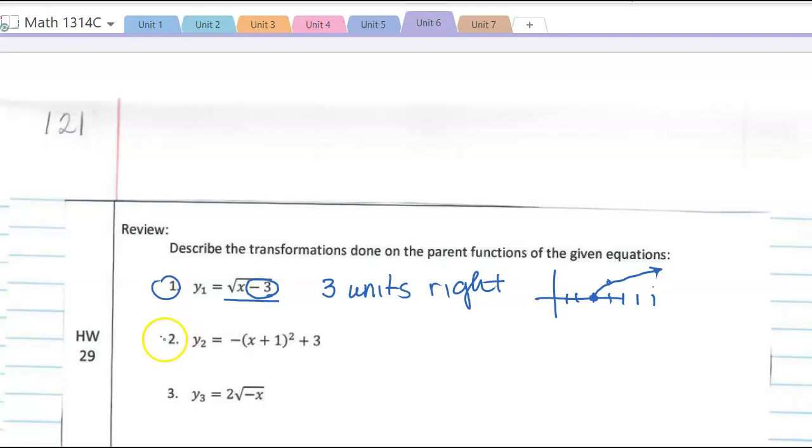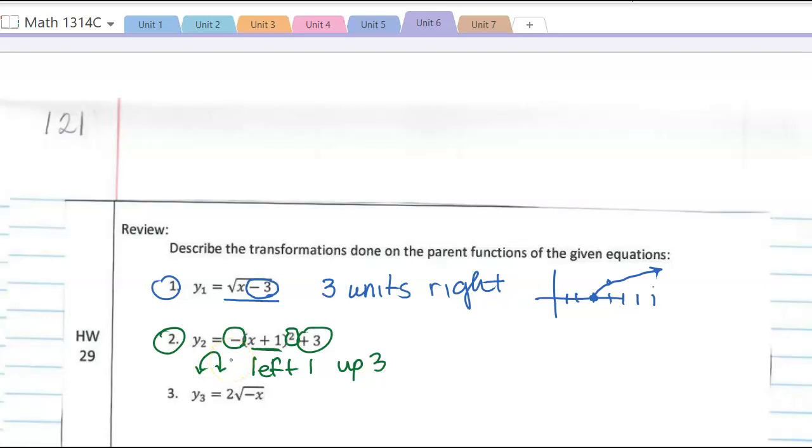For number 2, we know it's quadratic. We know on the inside it's going to move it left 1. On the outside it's going to move it up 3. And because of our leading coefficient being a negative, we know that it's going to be going upside down instead